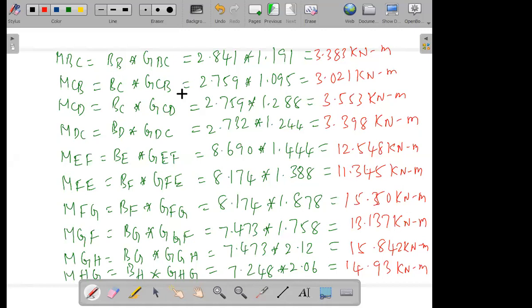So once you know these values, you can easily find the axial force in the columns, and you can easily know the shear in columns and the shear in beams. Using any method, you have formulas. What is the shear in beam? We have the formula: 2 into moment in the beam divided by L, length of that beam. You will easily calculate the shear in the beam.